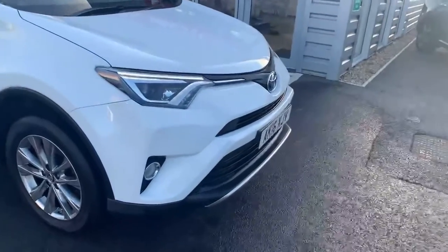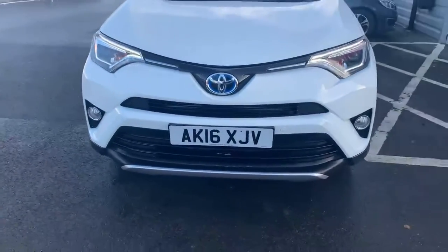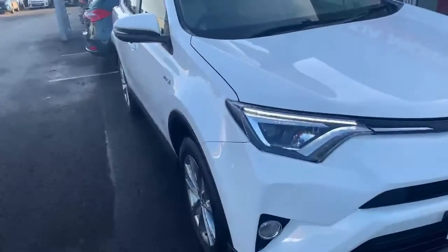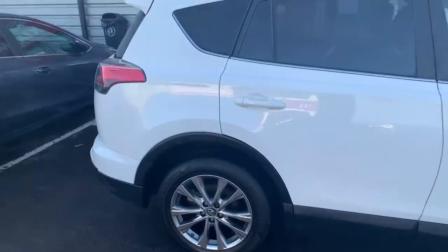Just starting on the front, you can see it's got the front parking sensors fitted there. You may be able to see them next to the number plate with two little white dots there. You also got them on the corners next to the smaller light clusters as well. See the 16-inch alloy wheels sit there quite nicely, and just walking around the car